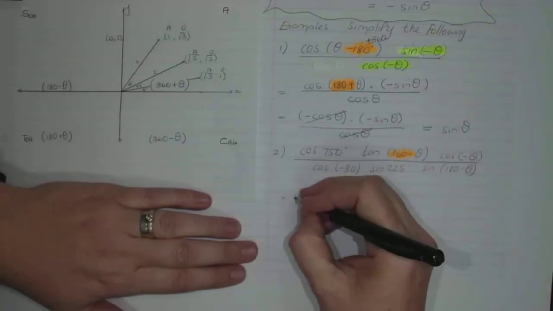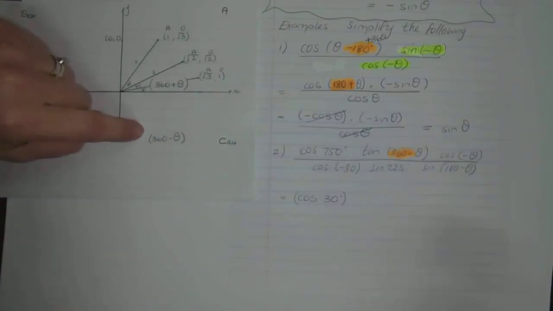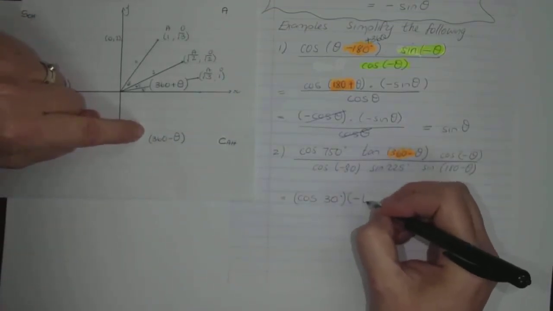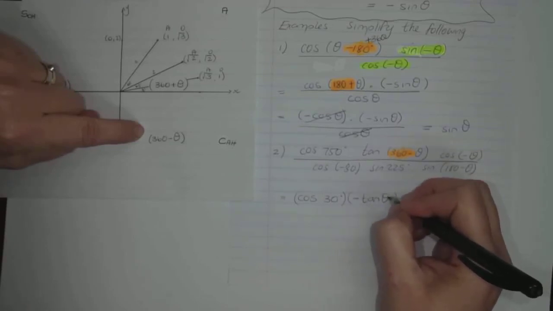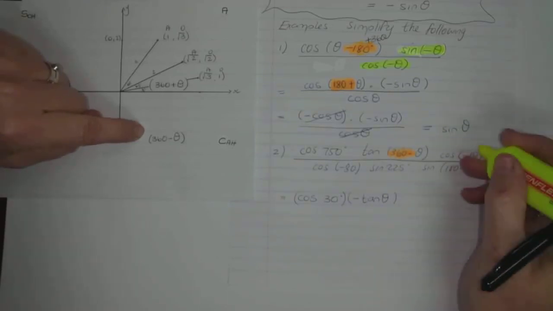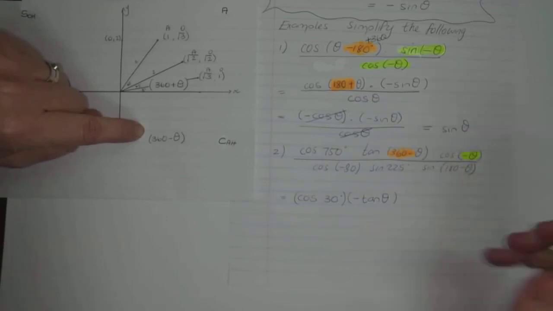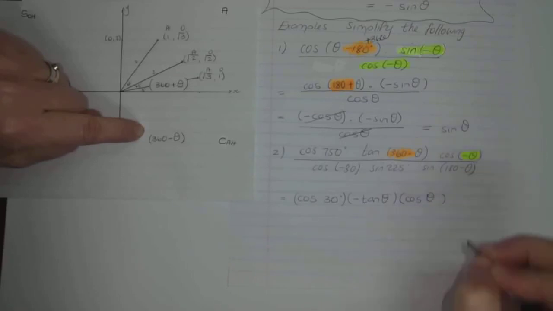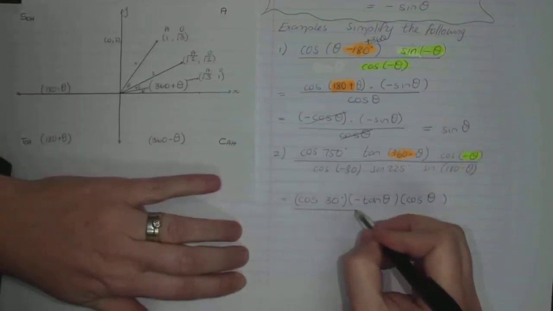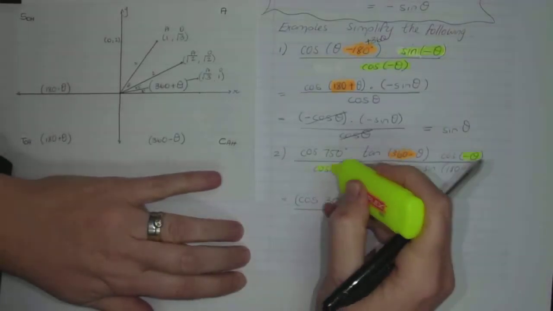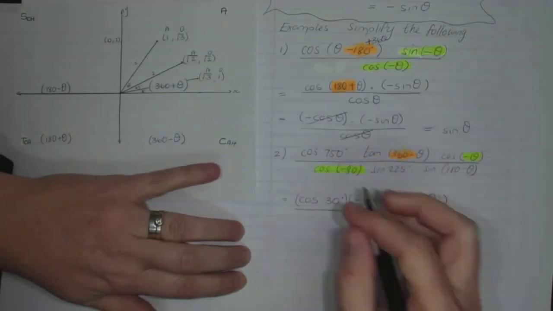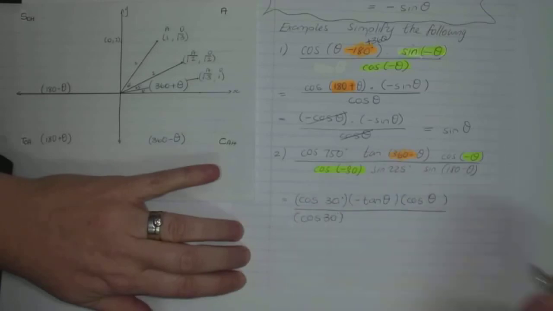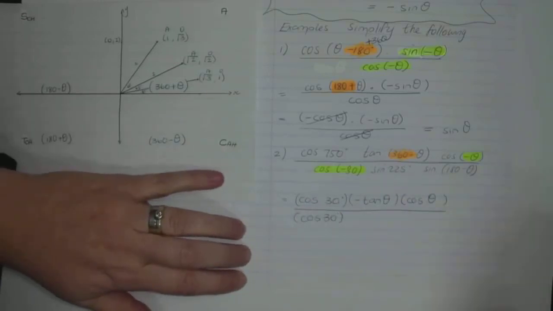360 minus means I am in quadrant 4. What do I know about tan in quadrant 4? It will be negative. Cos with a negative angle, what do I know about that? It's the only one that comes out positive. Cos of a negative angle, what do I know? It's the only one that comes out positive. Now sine